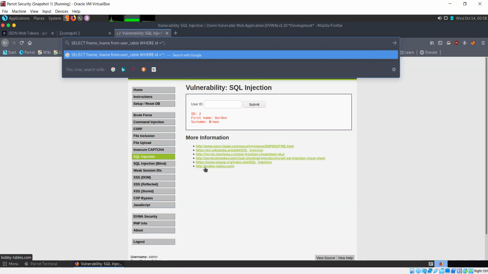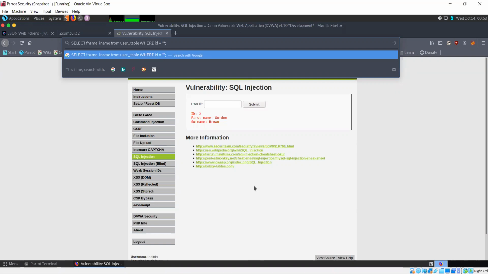But now let's come to exploiting an SQL injection vulnerability. First, we need to check whether the vulnerability exists or not, whether the database might be vulnerable or not. The way we do that is by simply inserting a single quote. Why? Because if I insert a single quote here, this query will break.